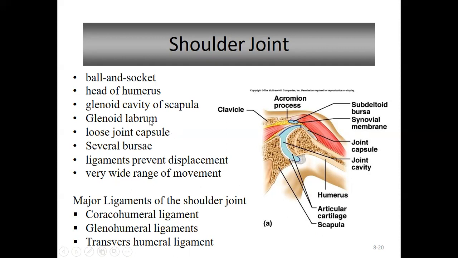All right. So let's start off with the ball and socket joint. There are several different types of joints going on here. You have your ball and socket joint. The head of the humerus is the ball. The glenoid fossa is the socket. All right. Then you have